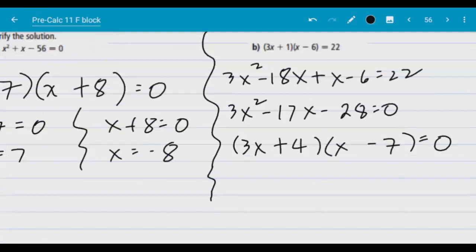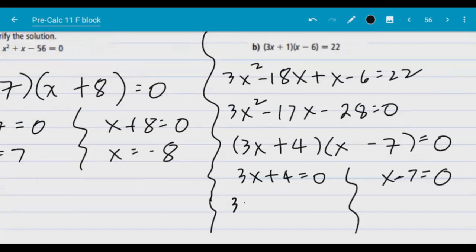What's the next step? Both of these binomials would be made equal to 0. You're going to split them up, and then you're going to solve for x. In this case, 3x is equal to negative 4, and x is equal to negative 4 thirds, while this one here, x equals 7. All right? So there are your two